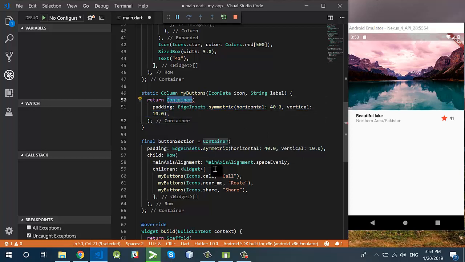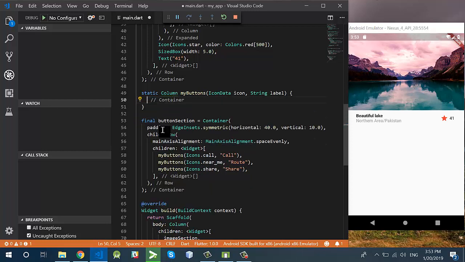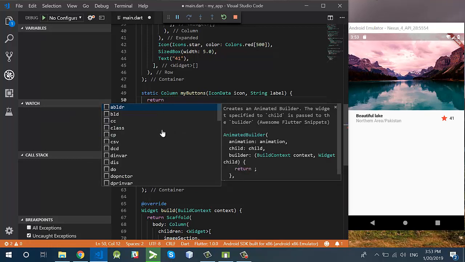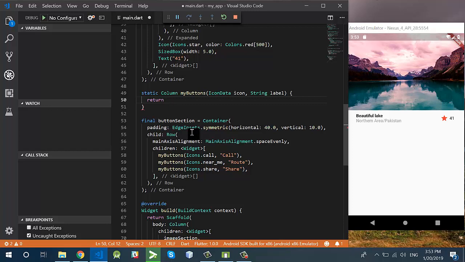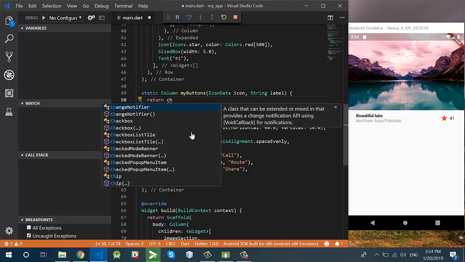Because I have already created the container over here, I will remove this container and I will return,